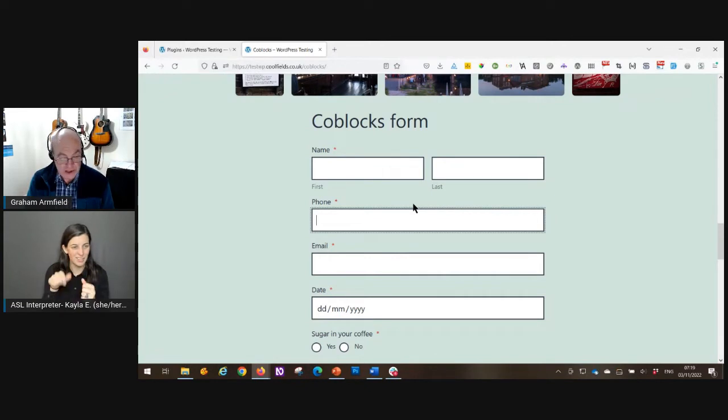But for screen reader users, there's a problem with this first one. There is actually a code error in the block, which means that the first and last name, a common thing you'll see in websites, are not linked up with the label. What's important when you're putting a form together is that the label, the prompt for the form, is programmatically linked to the input field. That's not the case with these two, because there's obviously been a mistake in the way it's been put together. So I don't get any useful information from the first and last name fields at the top.